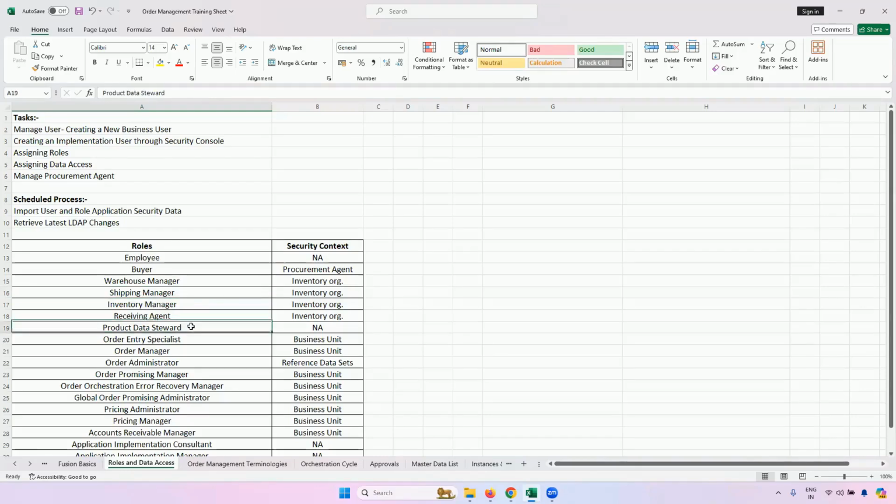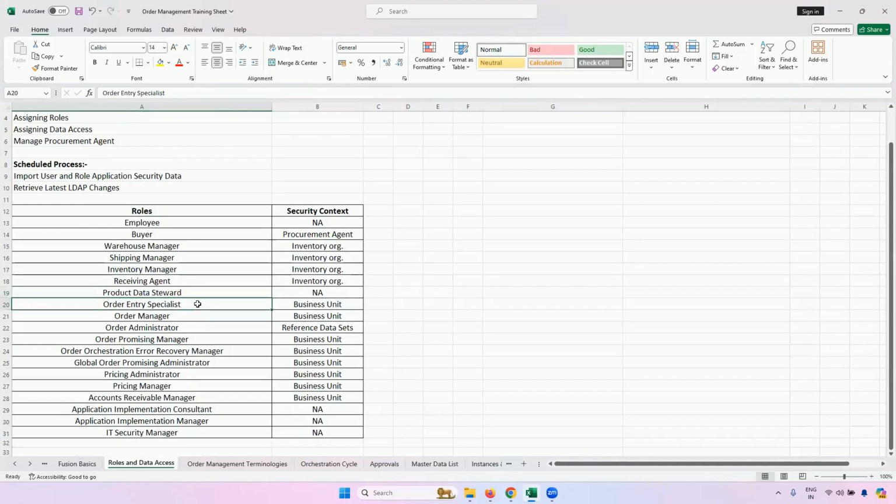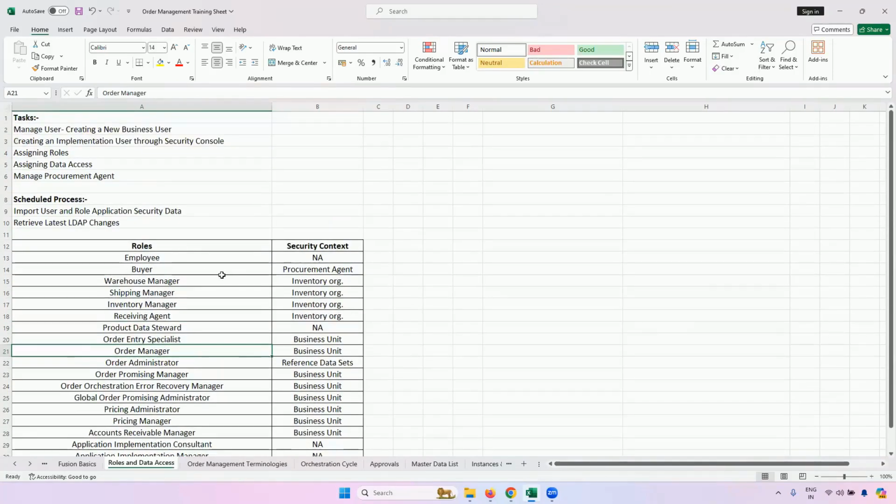Then there will be one more person who would be handling the items. There will be a person who would be entering the orders. There would be a person who would be approving the orders. So, in that context, we will have to create 10, 12 users, right? And then assign him the respective roles. So you can do that in your practice, right? You can create 5, 6 users by following the same sequence and assign him the particular roles.